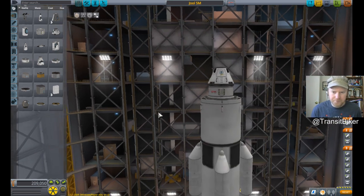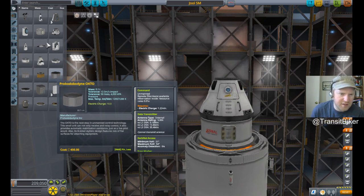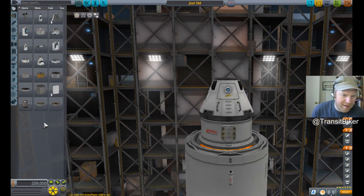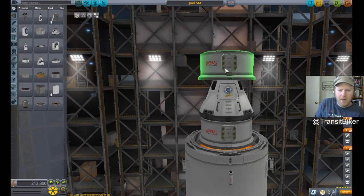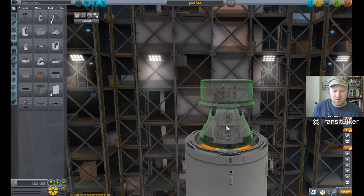Okay, so we have the command module, the service module, and we need to have a bigger. Okay, so we have this part. Oh, that's right. It doesn't even need to. Pardon me. It doesn't need to make sense. So 2. Okay, I'm just stacking up the parts that I'm going to need. So we have 3 in here, 2 in here. Get rid of this thing. Right, and